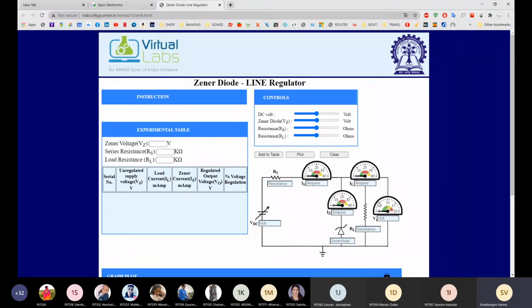Okay, and we have seen the equation for this Zener diode as a regulator. This is the diagram of the Zener diode as a regulator. We have seen this diagram. So what equation have we written for this diagram? Yes, what current equation have we written? Anybody? You can write the answer in the chat box or you can unmute and tell me.